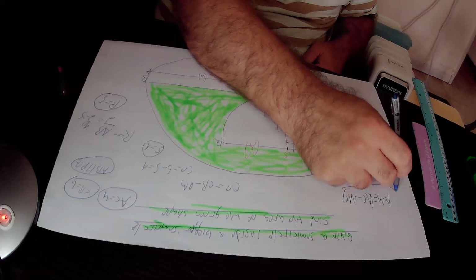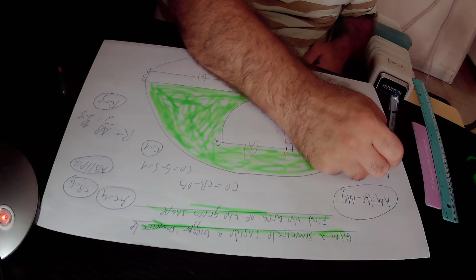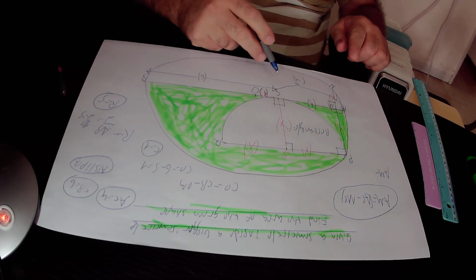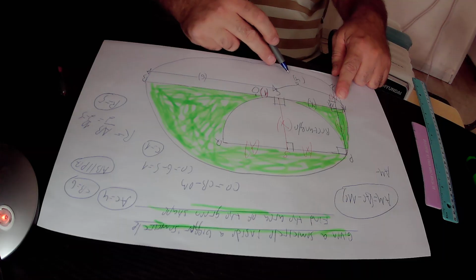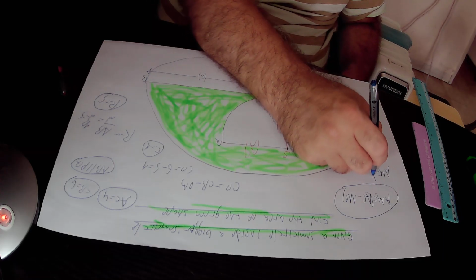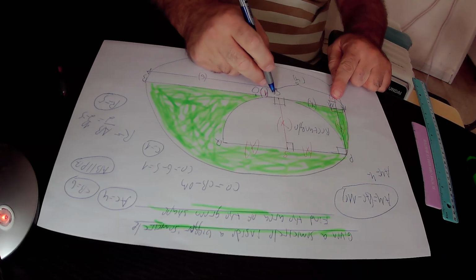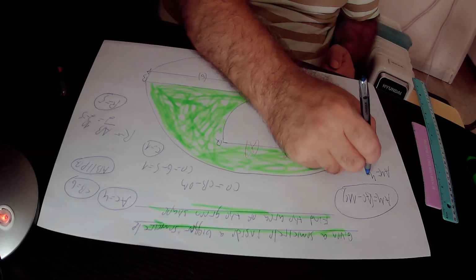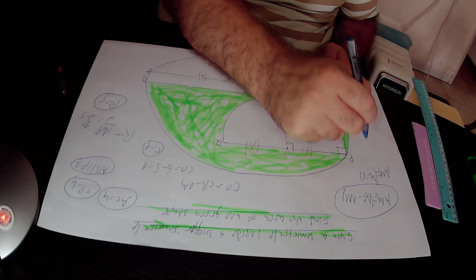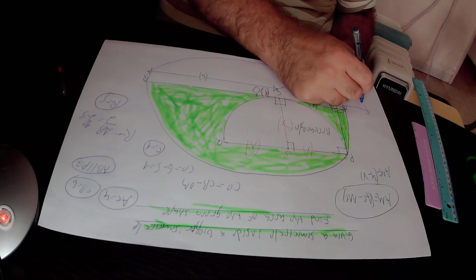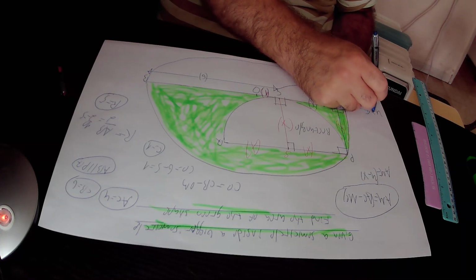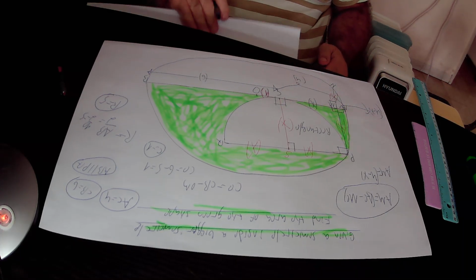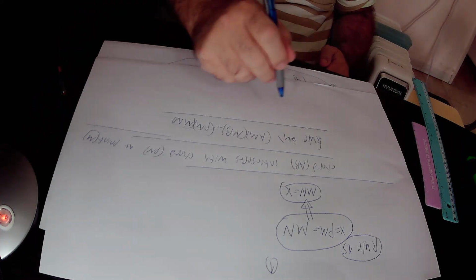So in total, AM equals AC. AC is 4 according to what is given in the question, minus MC. We already found out that MC equals X. So in total, AM equals 4 minus X units. So we substitute AM by 4 minus X